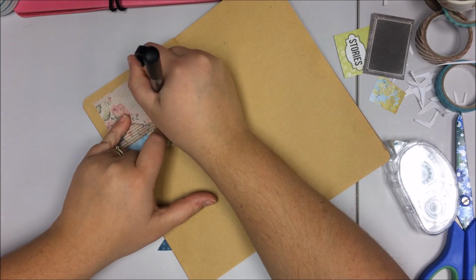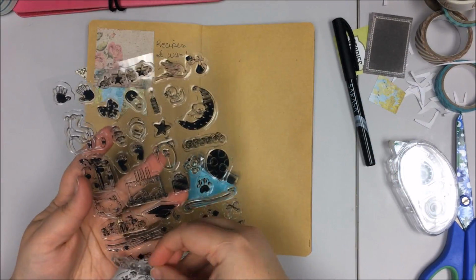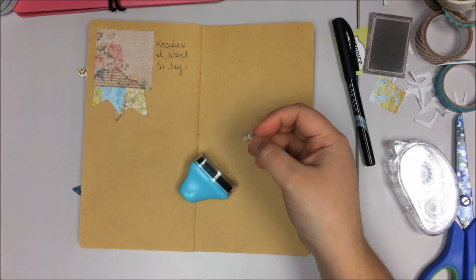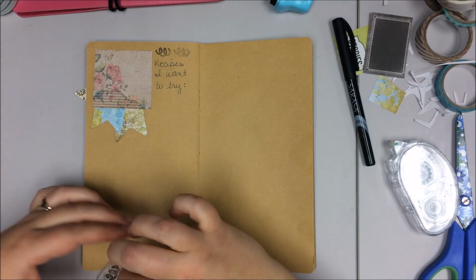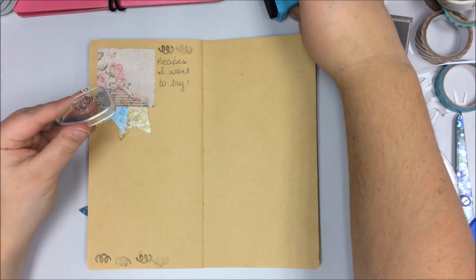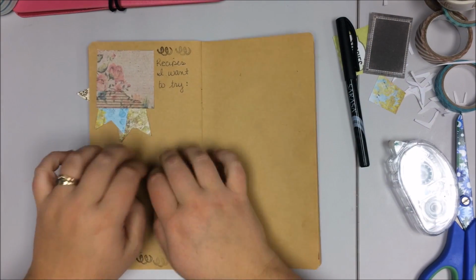So the prompt is recipes I want to try. And I'm going to have to come back to this one, I think, to write out the recipes. I have them written out now, but at the time that I'm doing this, there's just so many. My husband is a chef, so we cook a lot at home and try a lot of new things. So it's hard to pick just one or two recipes that I want to try. But what I ended up coming up with is